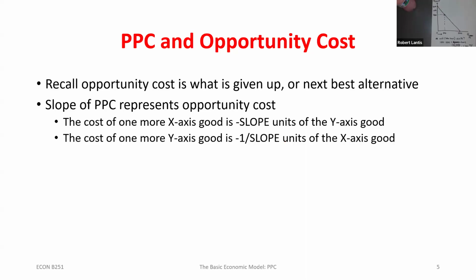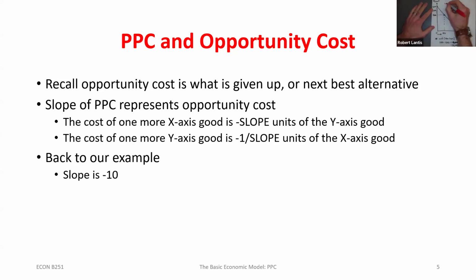And what ends up being true, and I'll walk through an example to prove this to you in a second, is that the cost of our y-axis good ends up being 1 over that slope, okay? Once again, we're ignoring the negative sign, or we just want the absolute value. But the cost of that y-axis good in terms of the other good, the x-axis, is 1 over that slope. Okay? So we'll go back to our example. I've got it summarized here, but we actually had it drawn up here, so we might as well use this, right? So if I wanted to know the cost of one more computer,